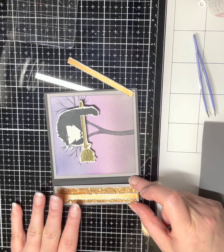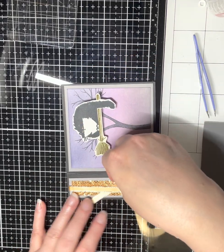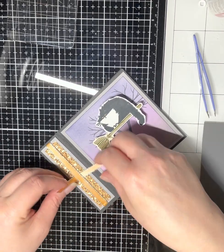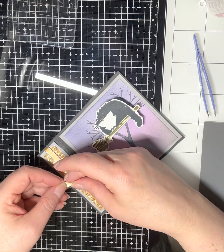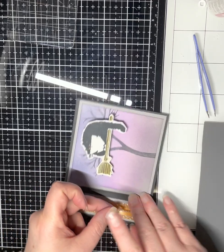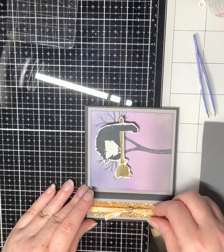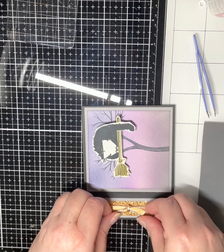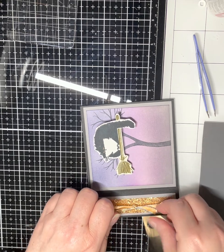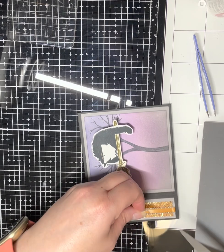Put him down the side here. Then we're going to take this little guy. Just going to put him here in the middle. And this is a cheat knot. I call it a cheat knot. So I don't want to sit here and try to fussy a bow right now. So let's see here. Kind of get him in the middle best I can. There we are. Now I take my scissors and I'm going to just